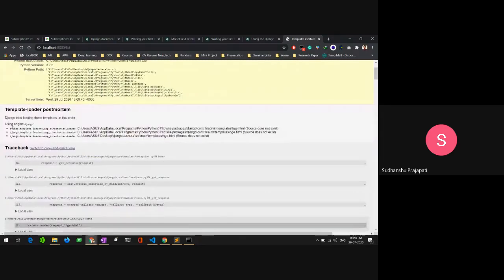You can see here that Django is using the templating engine and the list of folders where it is looking for the templates. It is looking inside the templates folder in the main folder of your app, that is, the app name main, and inside the folder templates, looking for home.html.